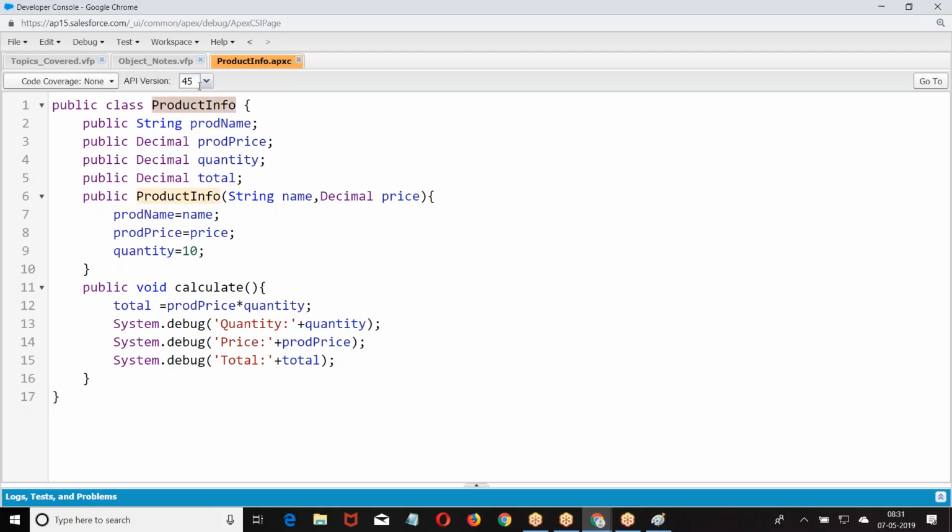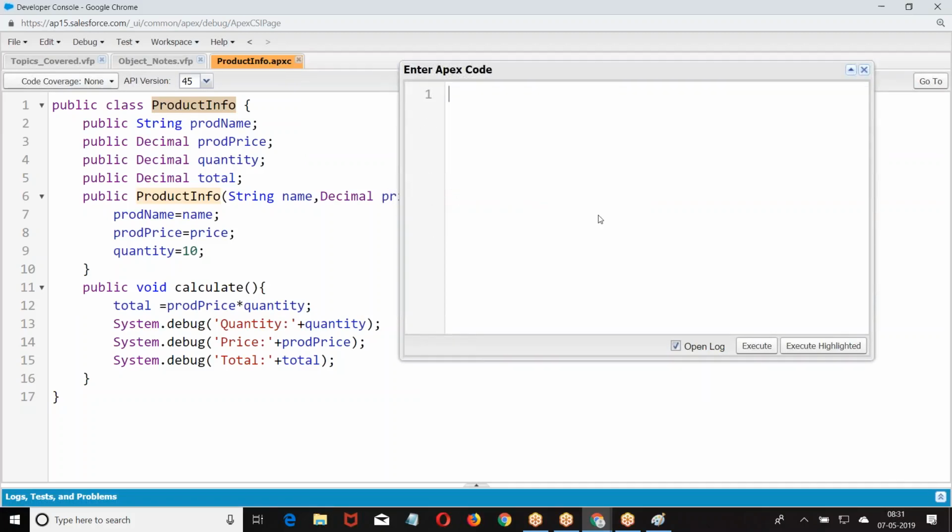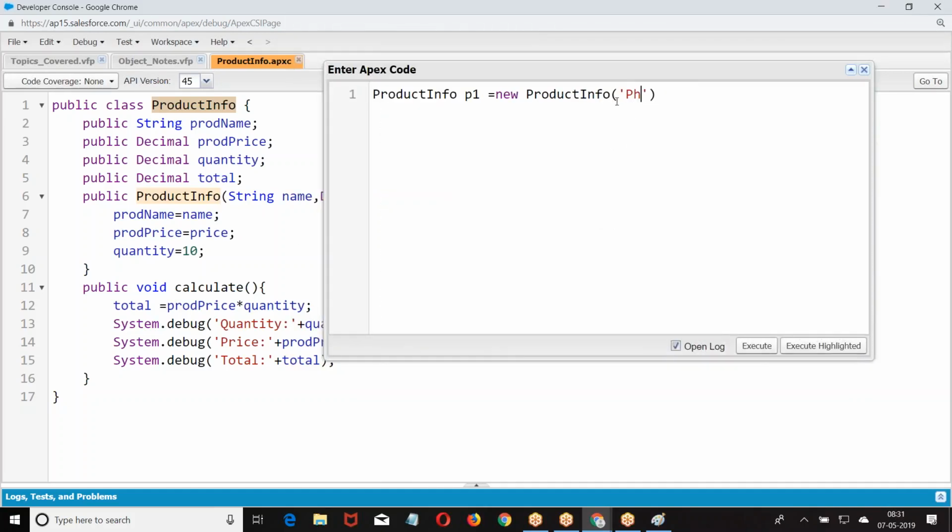Now, let me execute this program. This is how I do it. Now in this case, what is P1? Look at the point.